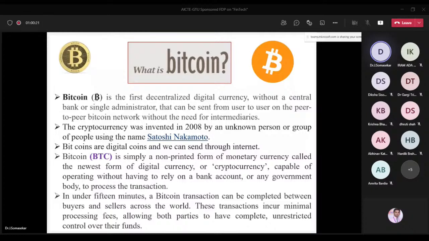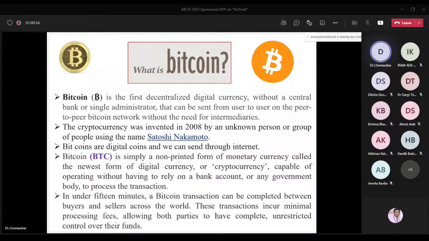Of course we can use this virtual money to buy products or to go shopping, but not everywhere. Some countries have banned it, but most countries are using this virtual currency. So many applications are there, with advantages as well as drawbacks. But obviously in future there is a huge demand for Bitcoin. The advantage here is there is no third person, or centralized bank. But in a general transfer, obviously one middle person is there.